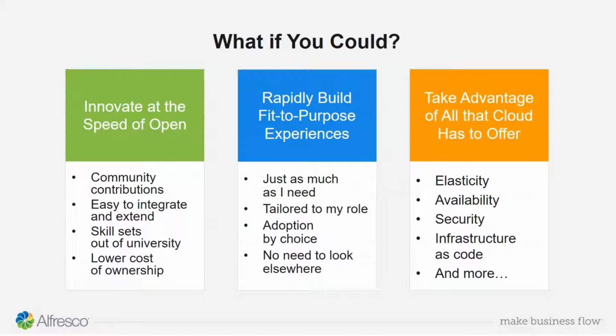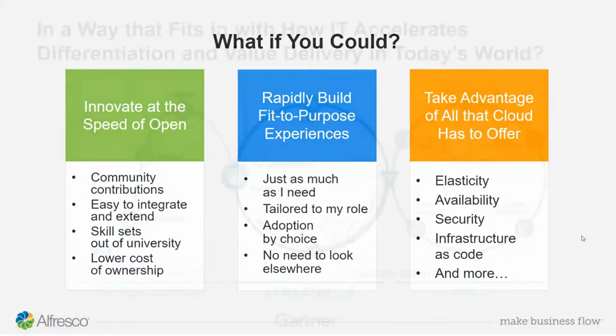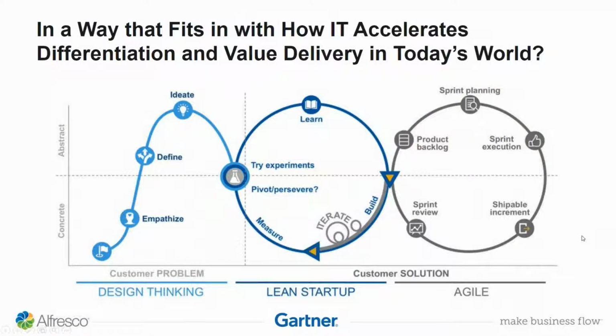This means, for example, Alfresco is offering, with very close development with AWS, a quick start service for content services or for process services. This means you as a customer are able to use, after 30 or 45 minutes, a production-ready instance. So Gartner is also looking at this, the differentiation and value delivered through the development of IT